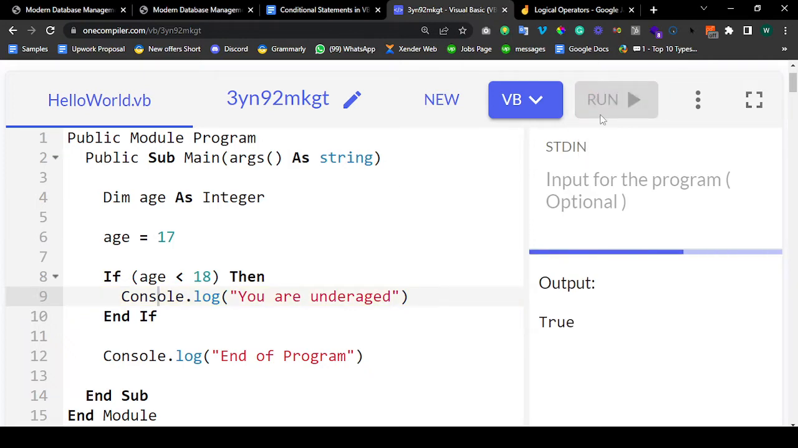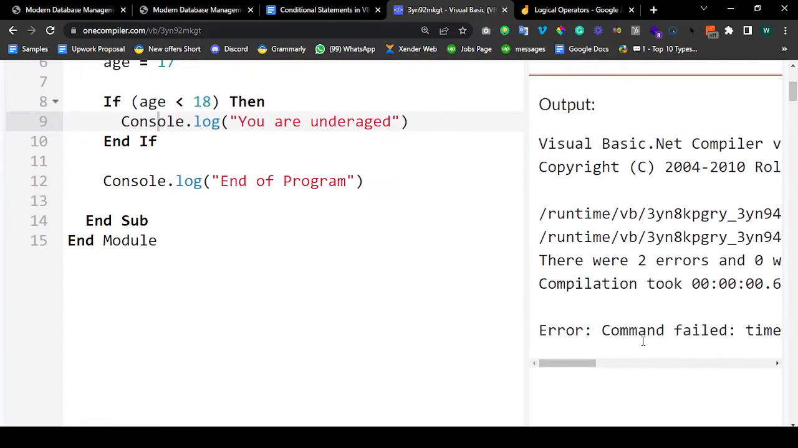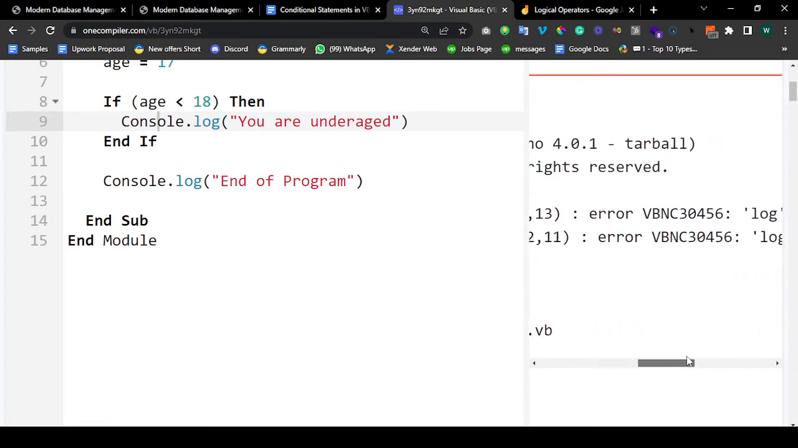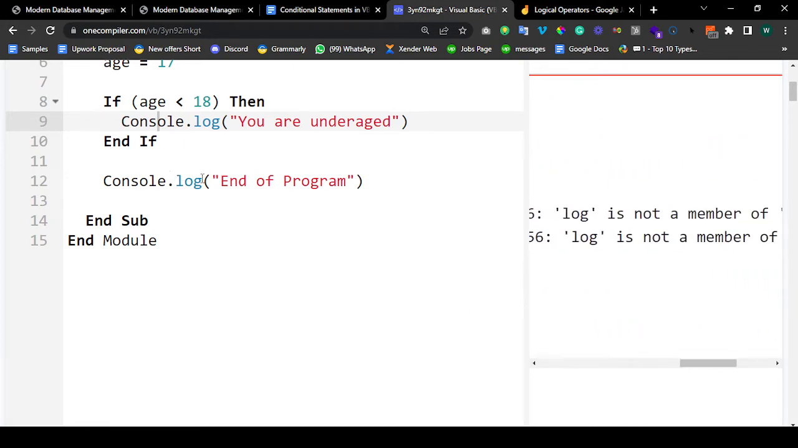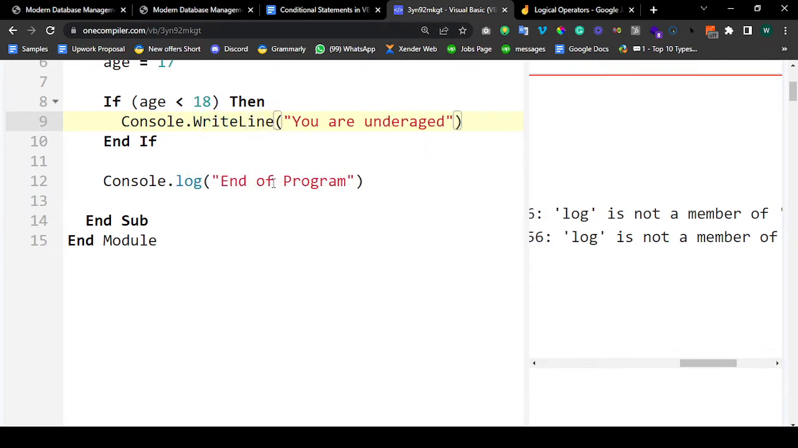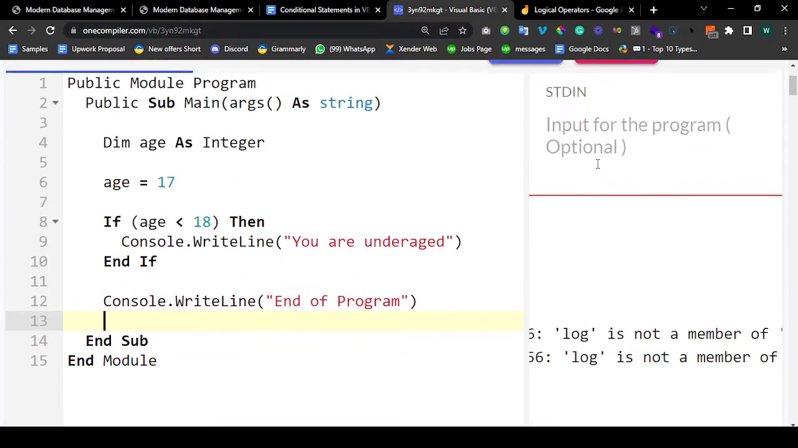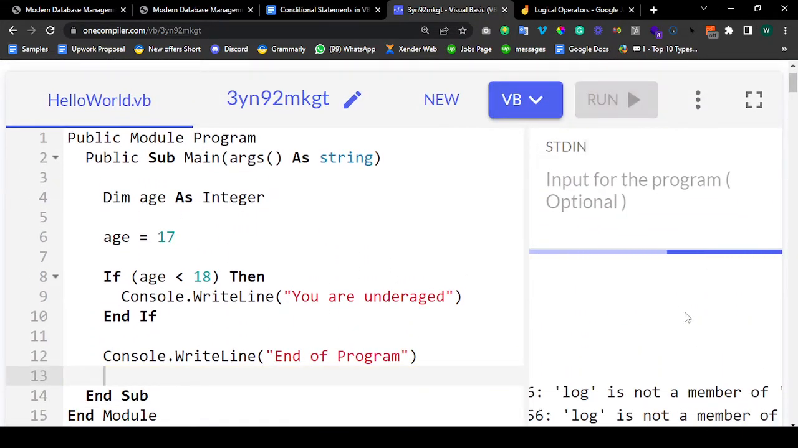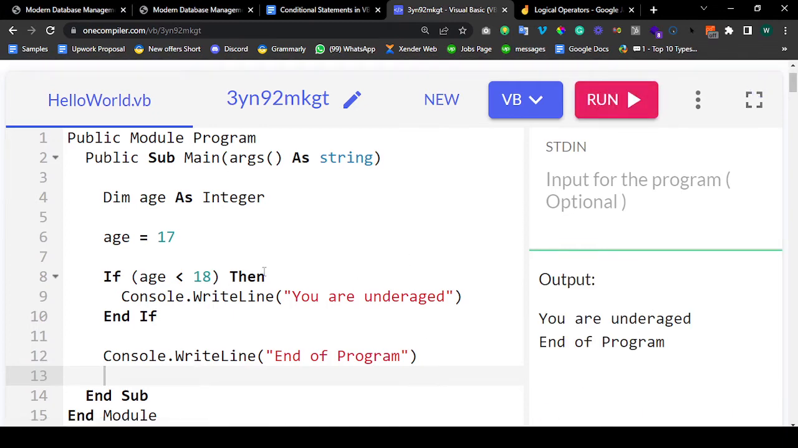So run this. Okay, no. Oh, log is not in VB. Log is in JavaScript. That is my bad. Should be WriteLine. Very sorry about that. I'm using console.log, which is something we do in JavaScript, not in VB. Okay, so you can see the reason why it is executing console.WriteLine is because,